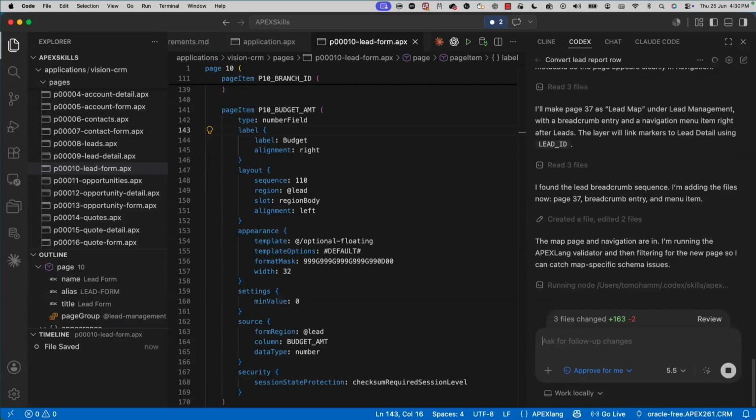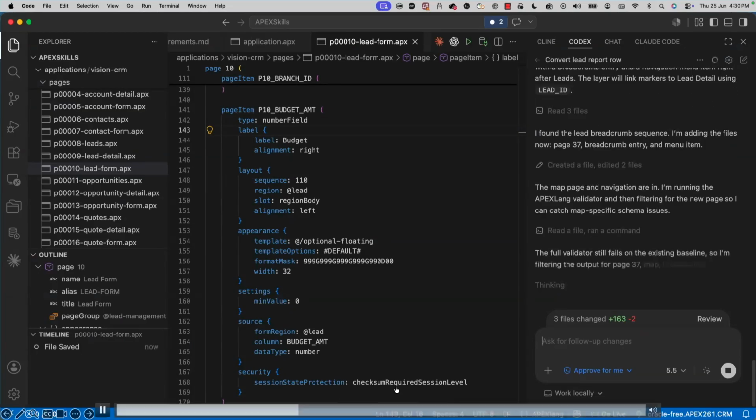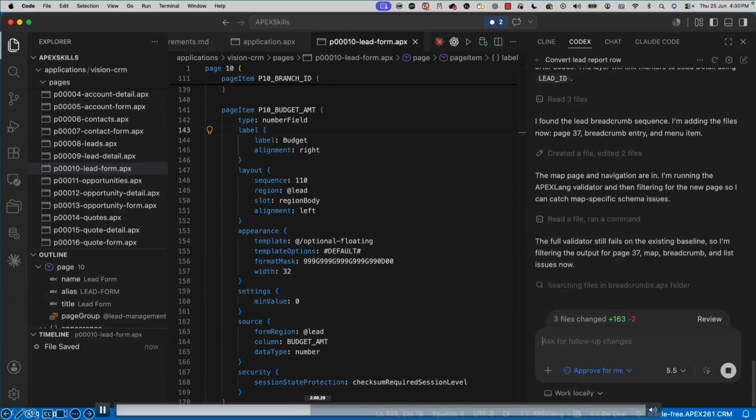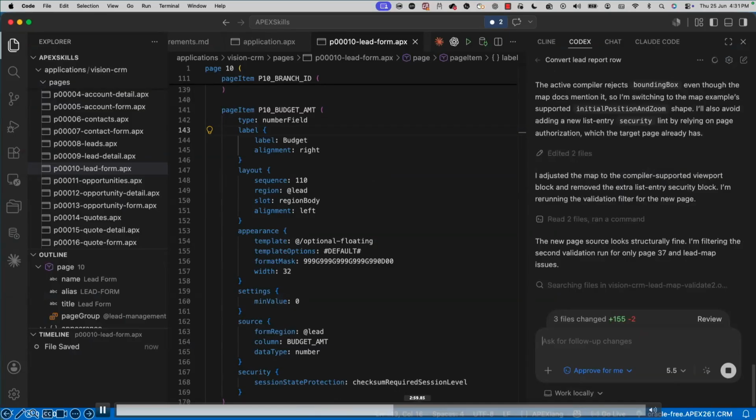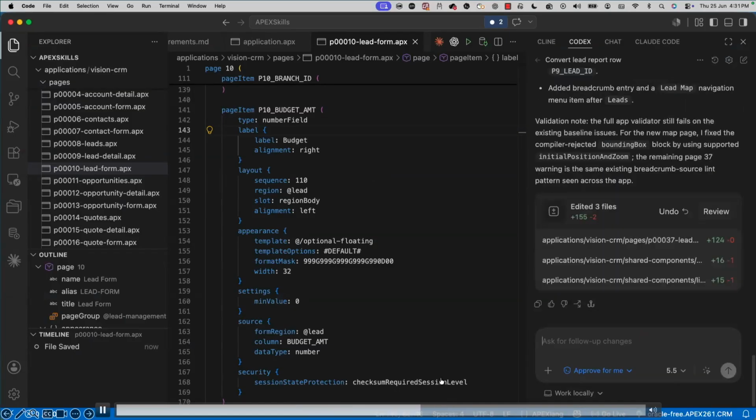So it's not simply blindly creating a page, right? That's the beauty of using AI with APEX-Lang. So now it does the same changes. Now it has done the changes here. Now when I go and import,